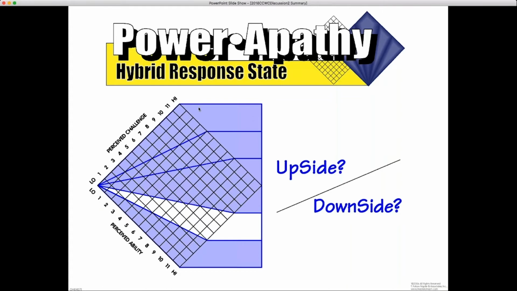Yeah, when we talk about paying attention to tension, I hope you're starting to see that this change grid, whether you have a piece of paper in front of you or just understand it, is really a map of somebody's brain, somebody's head. They're going to be paying attention to things up here in power stress, and paying less attention to the things down here. So again, we're entering that zone in power apathy where things are comfortable.